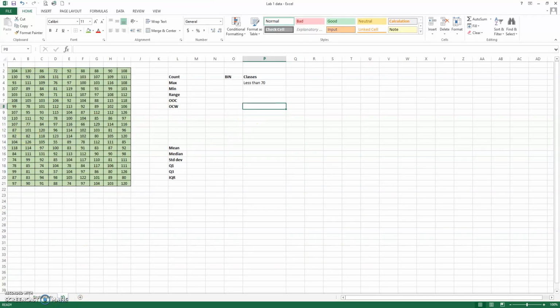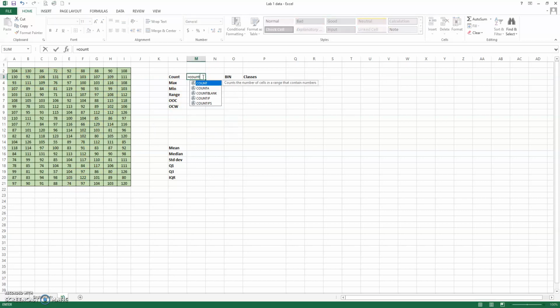So following the instructions here in step 6, we want to use Excel functions to count how many pieces of data we have and find the max and the min. So I'm going to type in these functions. The functions in bold on the instruction sheet are basically how we enter that function. So we go equals count, bracket, highlight all your data. Do the same thing for max. The function for max is simply max, M-A-X, bracket, highlight all your data, close your bracket. Min,